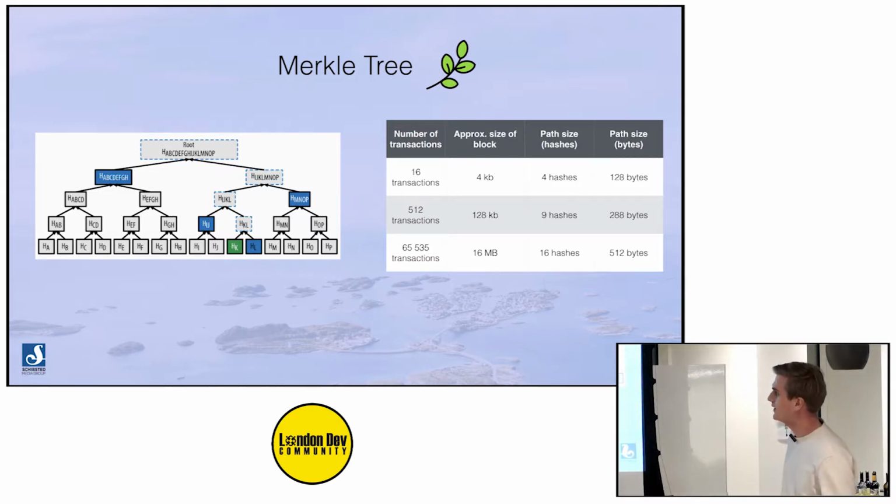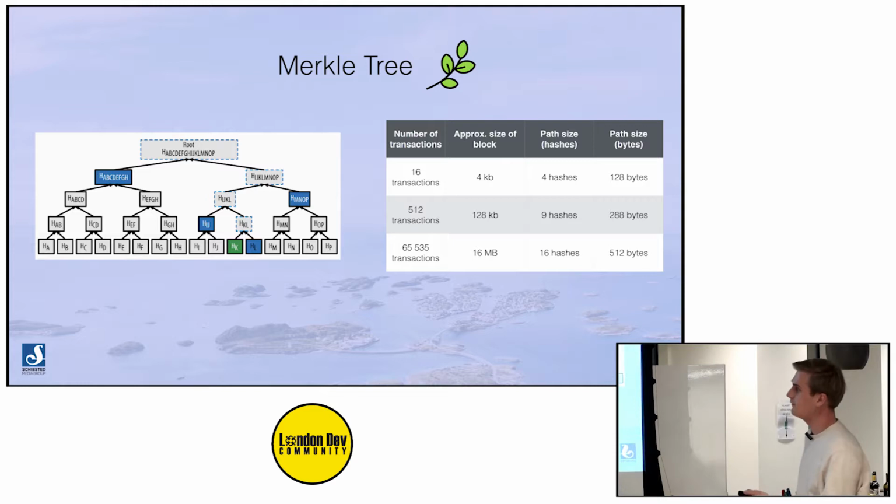So what I need is the L, so I can hash these two together and get this number. I need that one. Hash those together. I need that one, so I can hash and create that one. And I need that one. And then I can create the root hash. And I can see that that went into the blockchain, into the header. And then this thing must be valid.